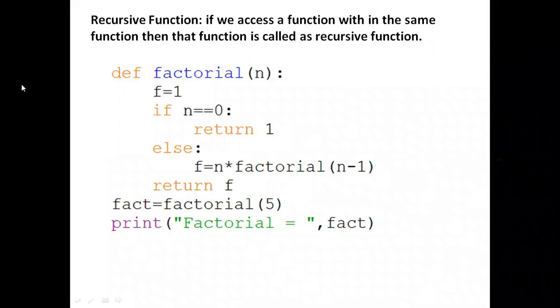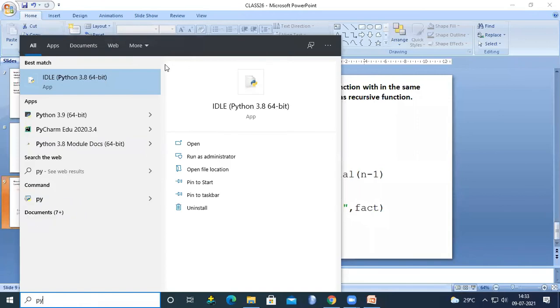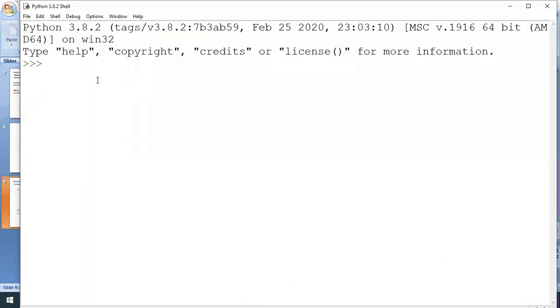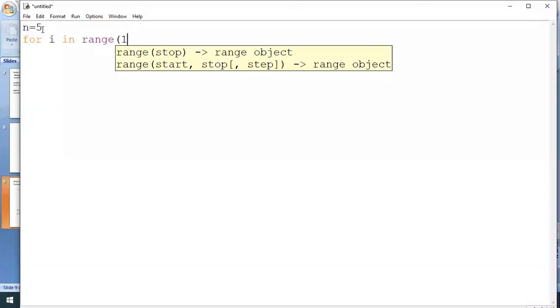This is the program for the factorial of n number. How can we write this program? Normally we write it using looping. For example, n equals 5, for I in range of 1 comma n plus 1.